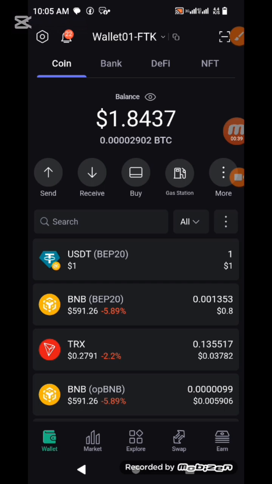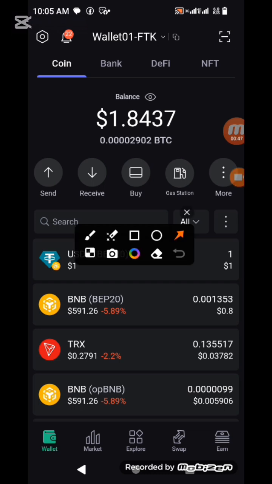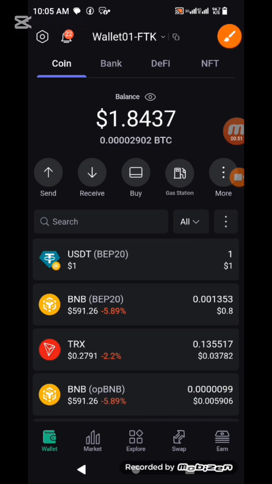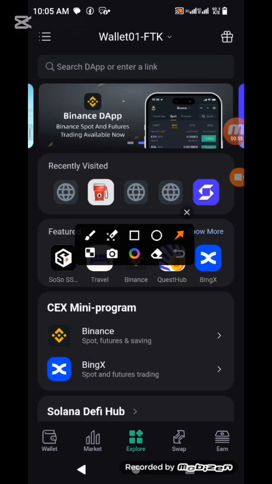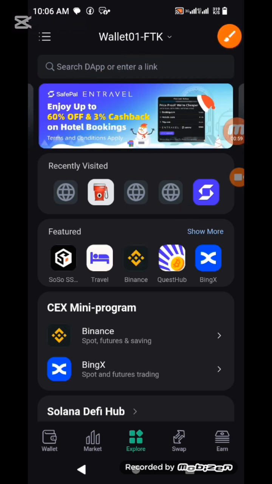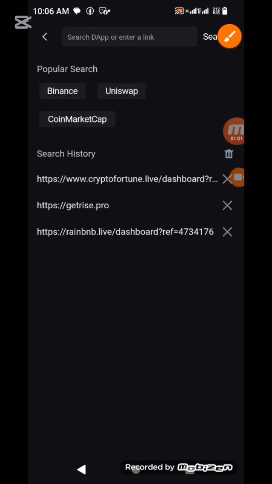So this is SafePal. I'm here already. Down here, you're going to go to where you have Explore. Just click on Explore. Now, up here, where you have Search DApp or Add Link, click inside that place. When you click in this, you can see there are already some things here because